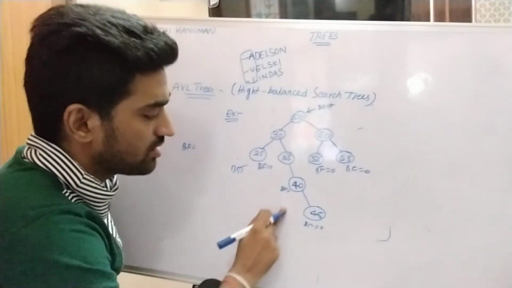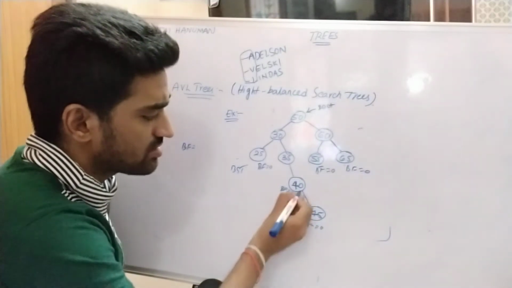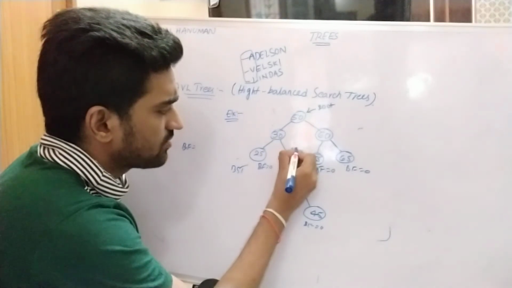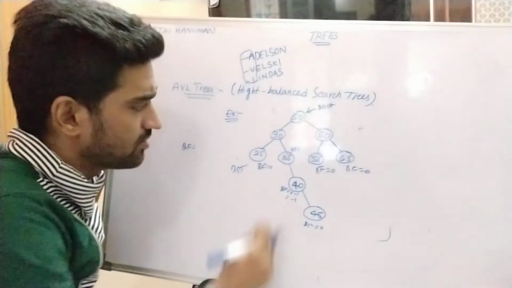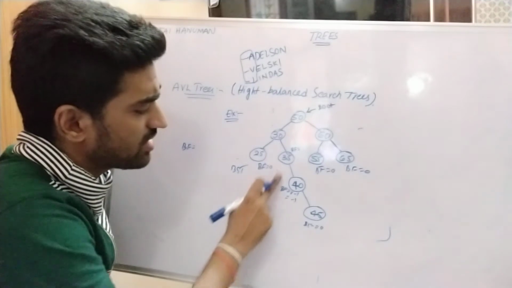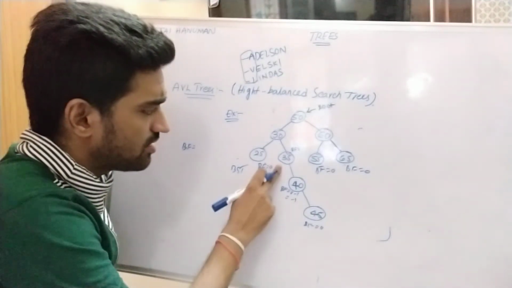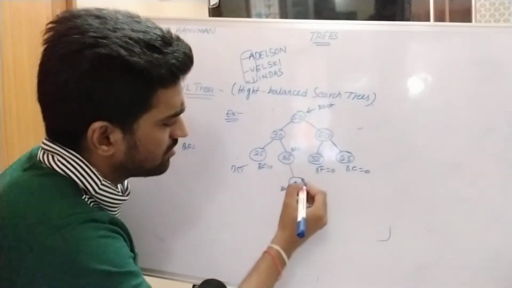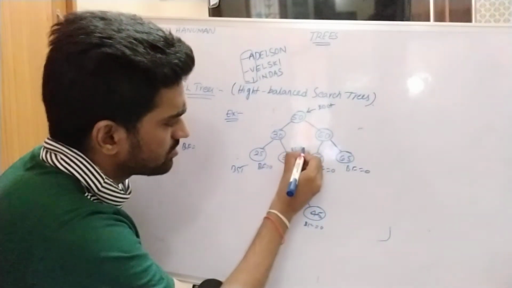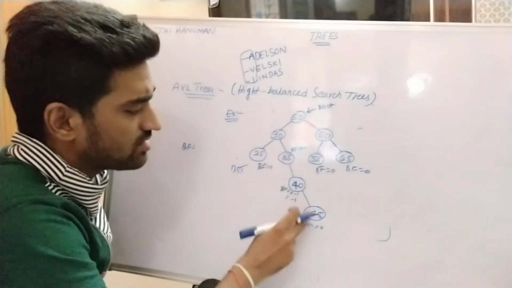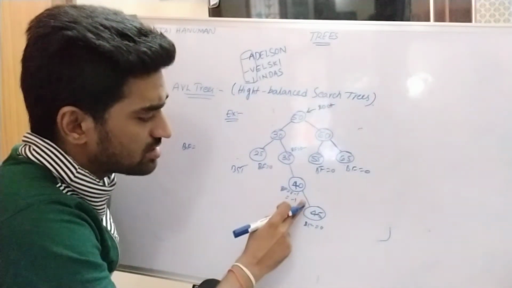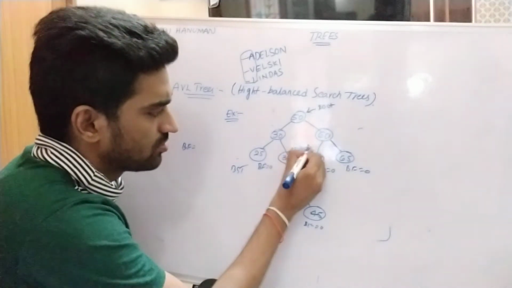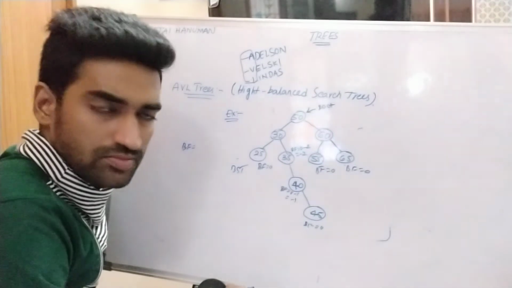So here I am calculating the balancing factor for this node. So the height of the left subtree is not presented, 0 minus 1, which is equal to minus 1. Here I am calculating the balancing factor for this one. So the balancing factor for this one is height of left subtree minus height of right subtree. So here the left subtree is not presented, right? So here simply I am writing 0. Height of left subtree is 0. What is the height of the right subtree? Longest path from leaf node to that node, 1, 2, which is equivalent to minus 2.